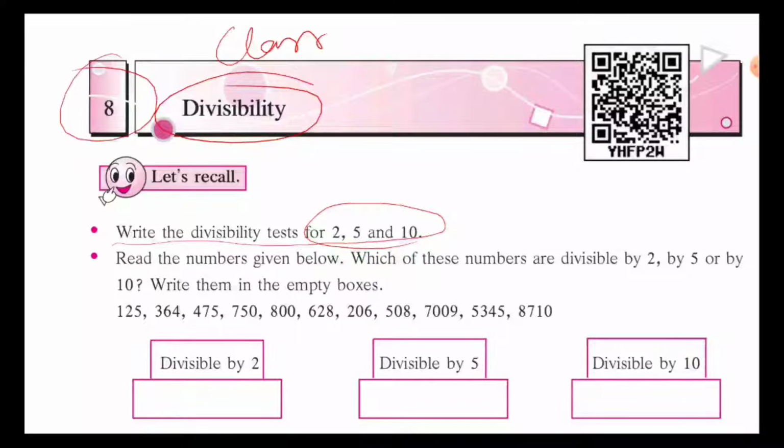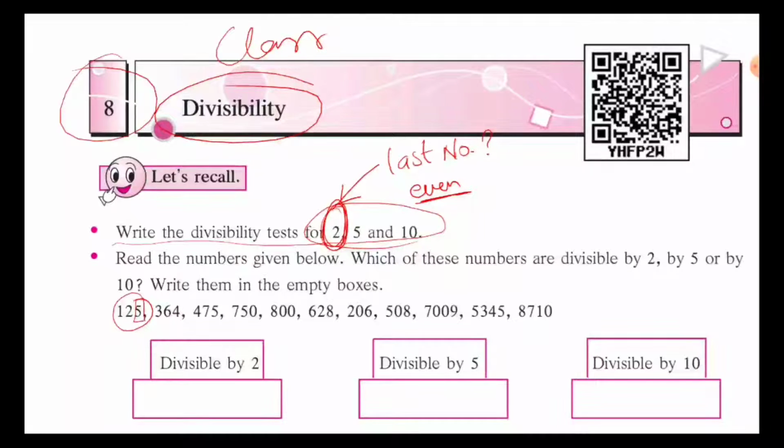So we should know that if we want the number to be divisible by 2, then we have to check the last number. ये आपको लिखना है, लास्ट नंबर आपको चेक करना होता है. अगर लास्ट नंबर हमारा इवन है, ठीक है, इवन है, then every number whose last digit is even, that will be divisible by 2. Suppose here it is written as 125.